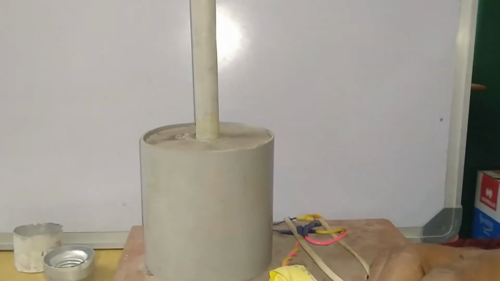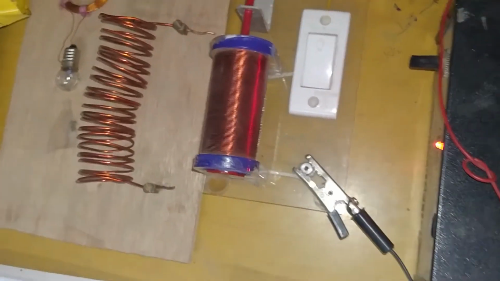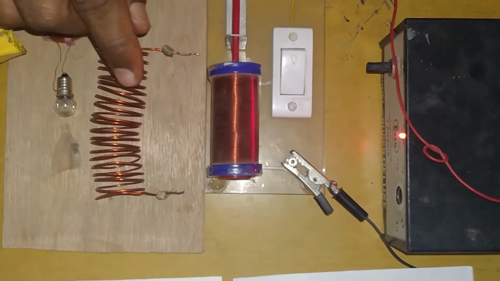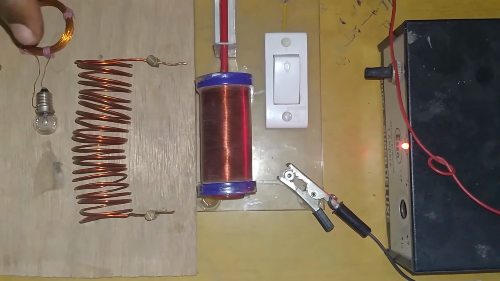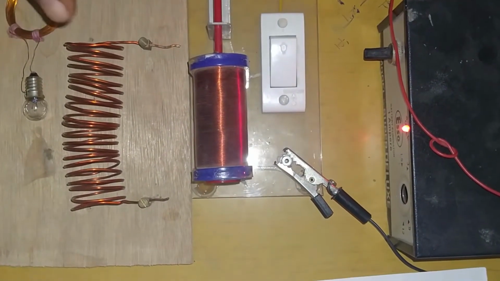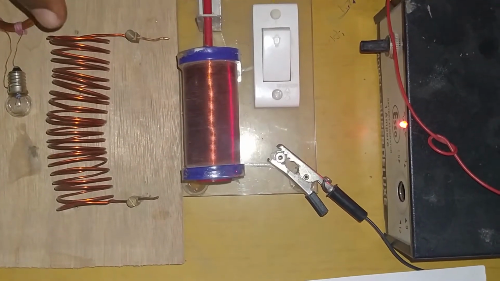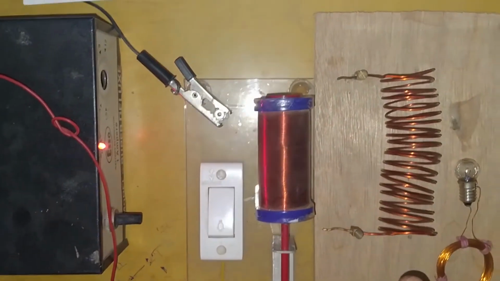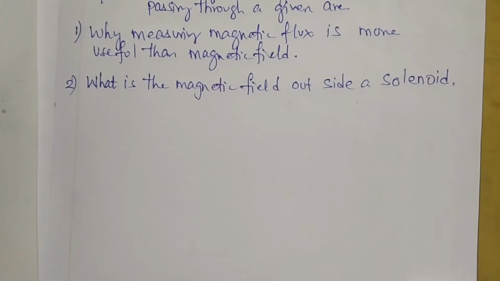So what I wanted to clarify is that a solenoid is different from an electromagnet. We compare a solenoid with a bar magnet to study the characteristics of magnetic field lines, whether they are closed loops or open loops. For the question whether a solenoid has a magnetic field outside it, it has a magnetic field which is very low compared to the field inside the solenoid. Therefore, practically we consider that a solenoid has no magnetic field outside it.